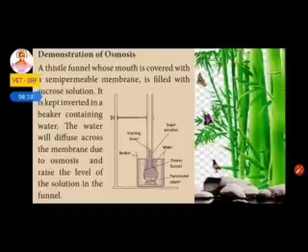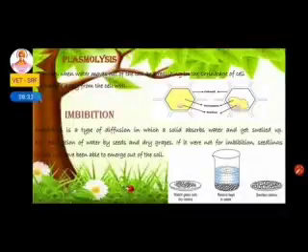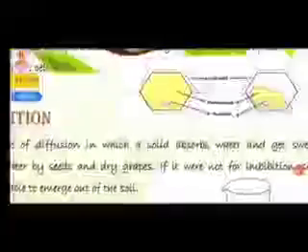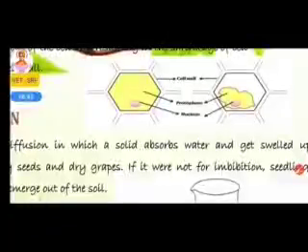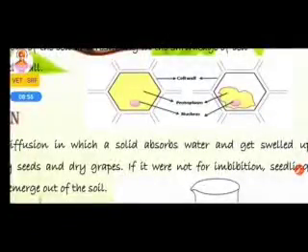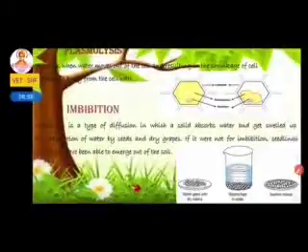You can see the movement of molecules from higher concentration to lower concentration through the semi-permeable membrane. So this experiment demonstrates the process of osmosis. Next, other than this movement, there are also other movements in plants: plasmolysis and imbibition. Plasmolysis occurs when water moves out of the cell, resulting in the shrinkage of the cell membrane away from the cell wall. Here the water molecules are lost. As a result the cells shrink away from the cell wall. This is called plasmolysis.